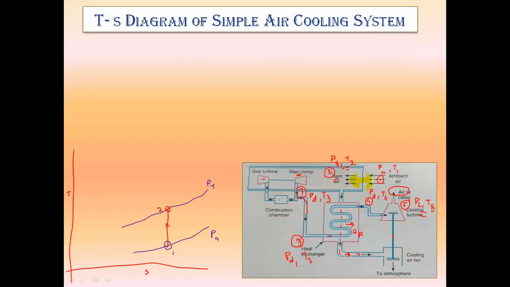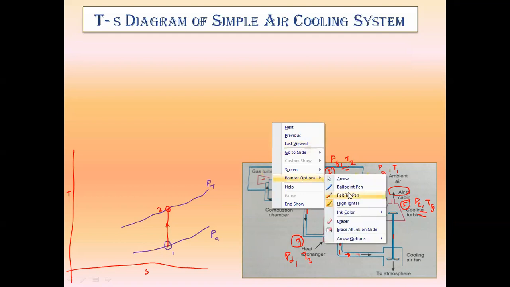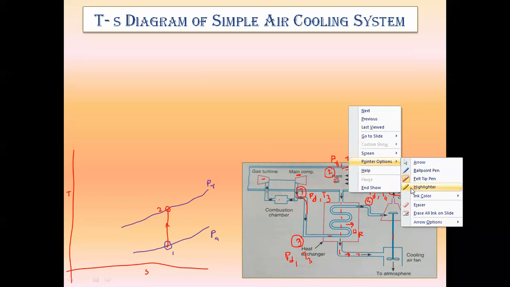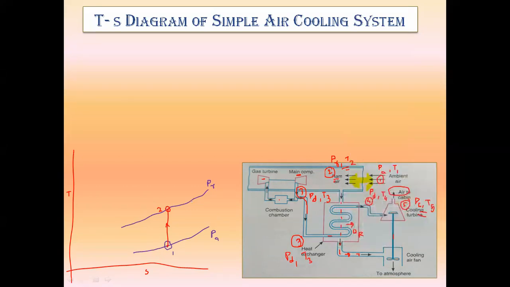Why? Because while that air is coming inside the aeroplane, there will be friction, and because of that friction, irreversibility will take place. Because of the same, in actual practice that ramming process will never be the isentropic ramming. That will be the polytropic ramming process, and there will be a fall in temperature and a fall in pressure. As I'm considering this as the ideal ram pressure, one more pressure line I have to draw, that will be called the actual ram pressure line, and that actual ram pressure will have a lower value as compared to the ideal ram pressure.